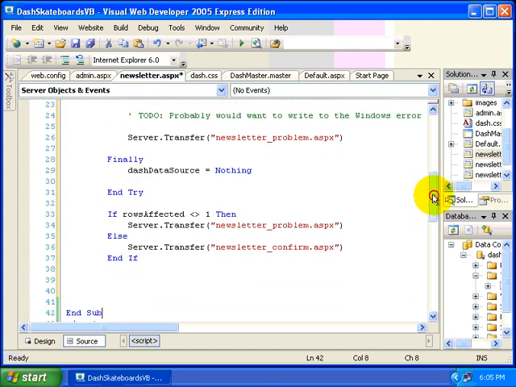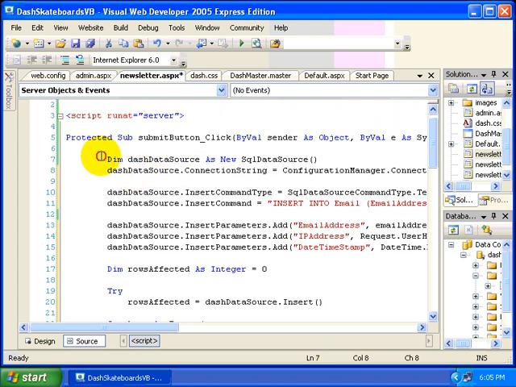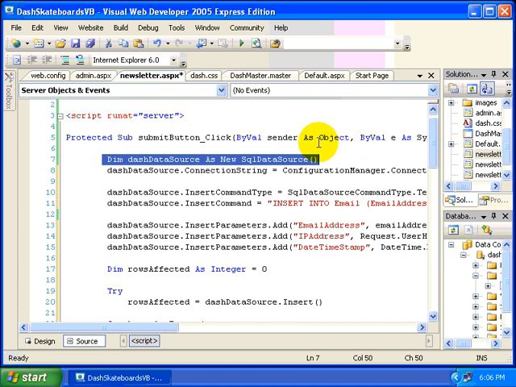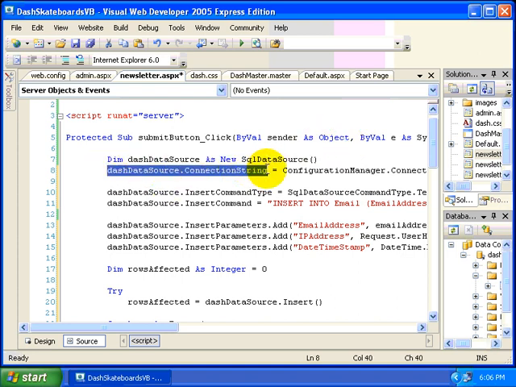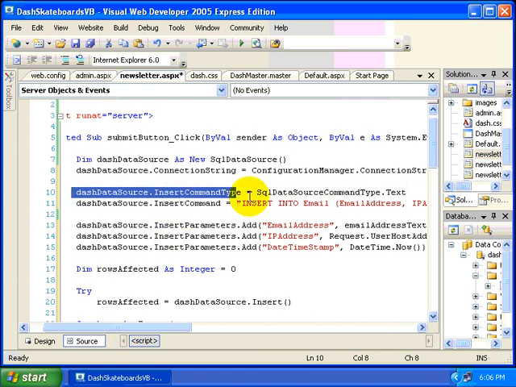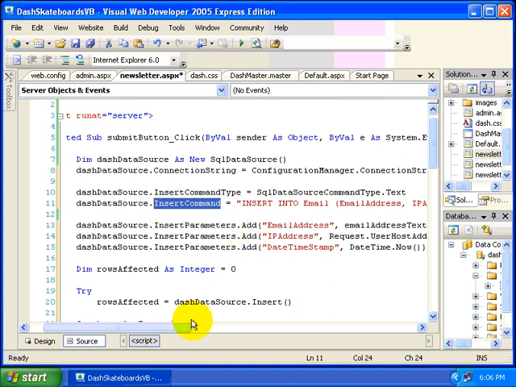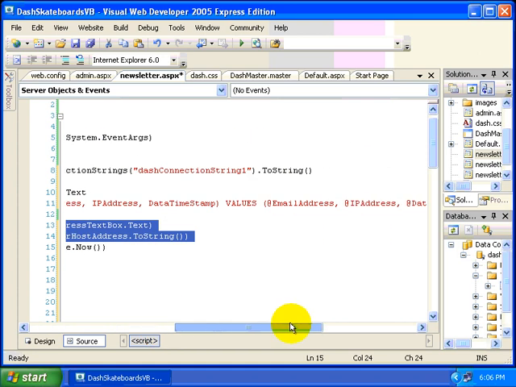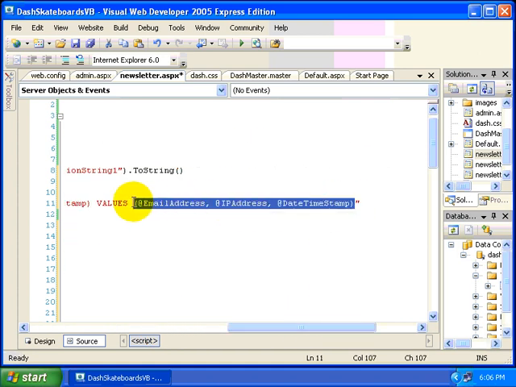So just a quick recap. What we're doing here, very simple. We're defining our data source object, which is the main ADO.NET 2.0 object we're going to work with. We're going to set the connection string so that it knows where the database is located. We're going to set the properties for an insert, including what type of insert we're going to perform. In this particular case, we're going to send it an inline SQL statement, so it knows what it has to do internally in order to get ready for that. We're going to give it the insert command itself, which is simply an insert SQL statement. We're going to populate the parameters that were defined in our SQL statement through the use of the @ symbol at the very end of our